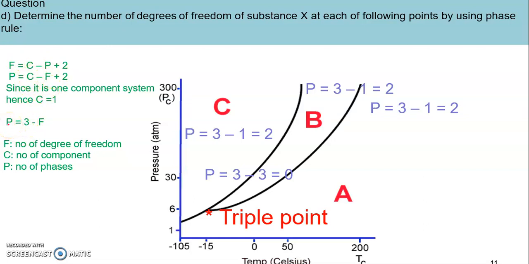So if we substitute everything here, our equation will be P equals 3 minus F. So to determine, if we look at A, P equals 3 minus 1, B, P equals 3 minus 1. So for C, our number of phases equals 3 minus 1. And then we can have